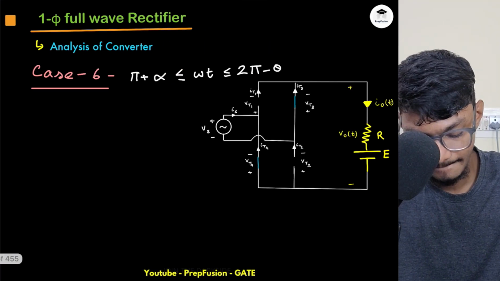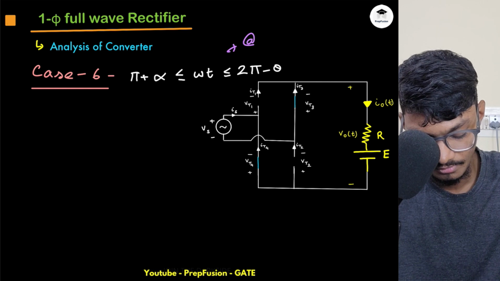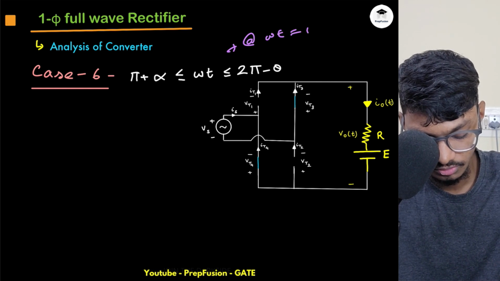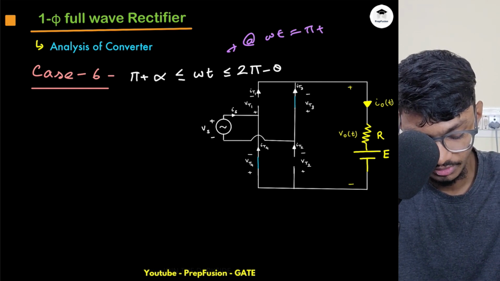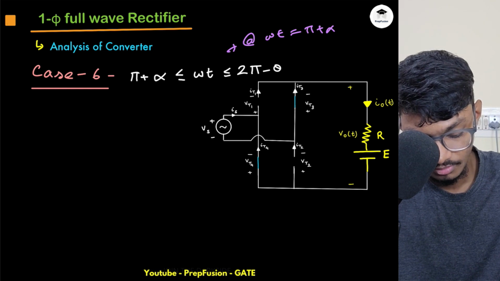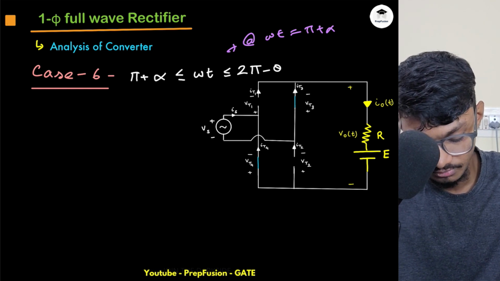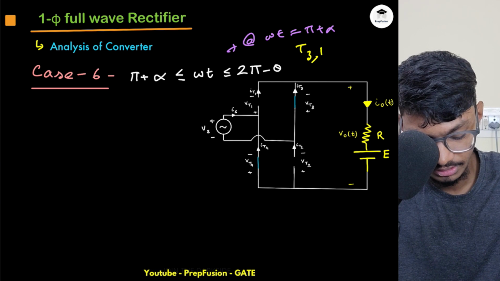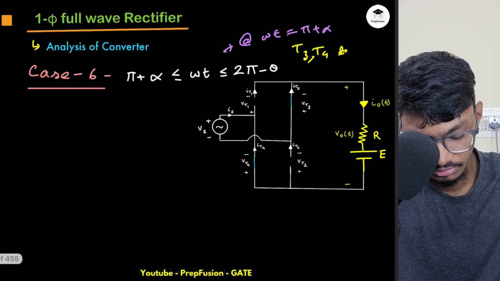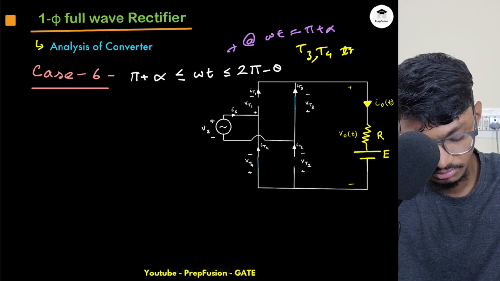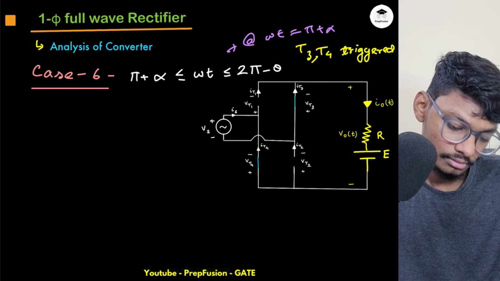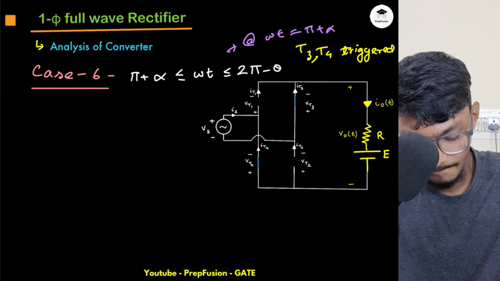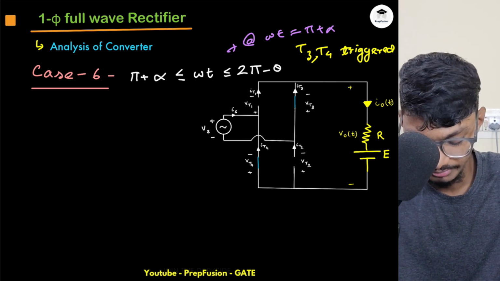Then again at omega t equals pi plus alpha, what is happening? My T3 and T4 are triggered. Whenever they are triggered, my VO will be equal to